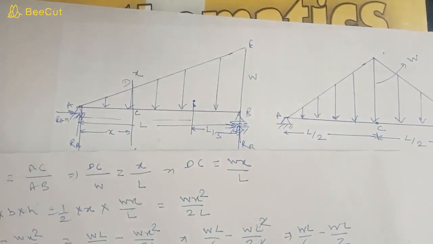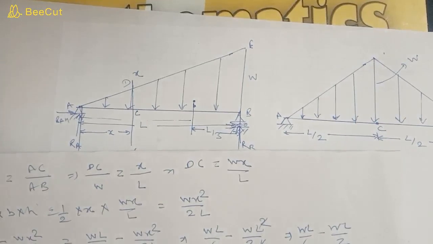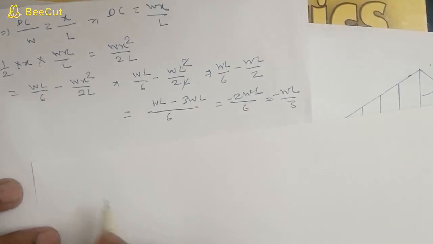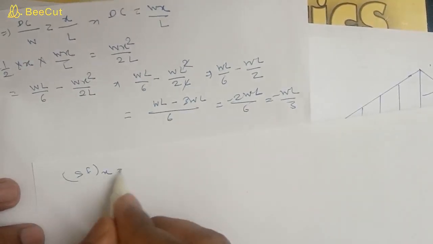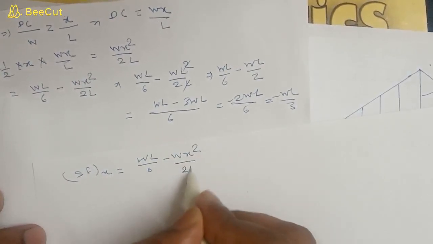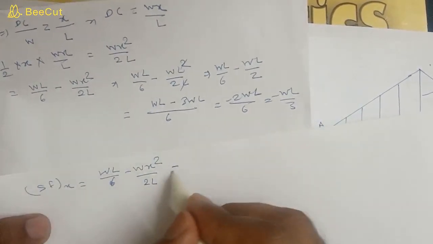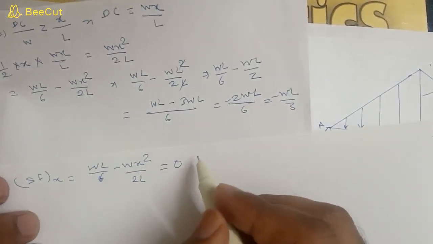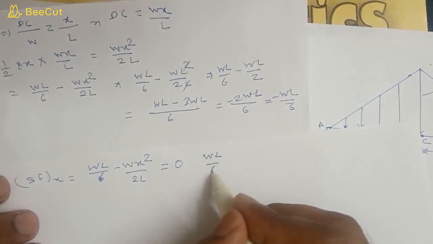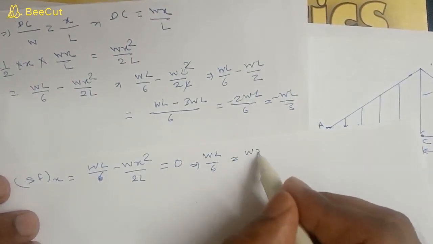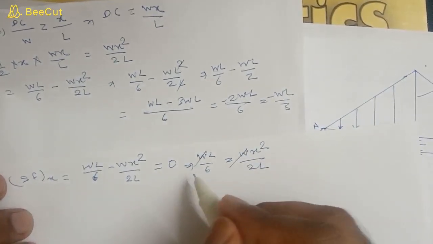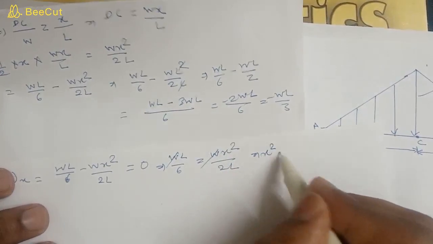So we can write that shear force formula is shear force at X is WL by 6 minus WX square by 2L. Okay, so if we put it equal to 0, then we can find X at which shear force is becoming 0. So WL by 6 equals WX square by 2L. So W will cancel W. So X square will become